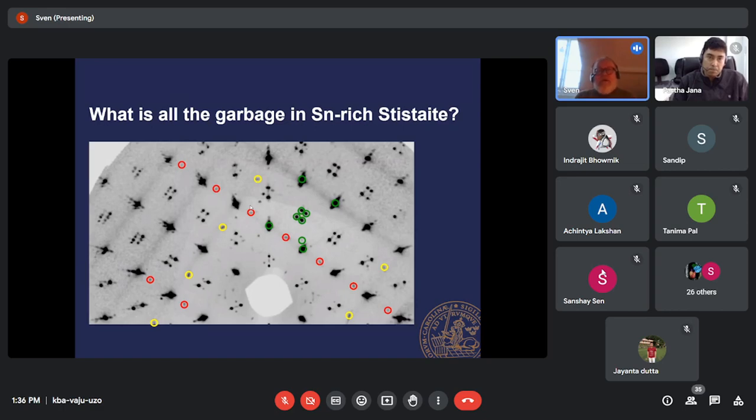They are perfectly well aligned. And now cystite is rhombohedral, but it's growing in a twinned form where the overall symmetry is cubic. Tin is tetragonal. This is also growing in a twinned form where you get an overall cubic diffraction pattern. But this still doesn't explain everything that we see in the pattern. There is also a lot of diffuse scattering, which is telling us that there is a lot of strain in